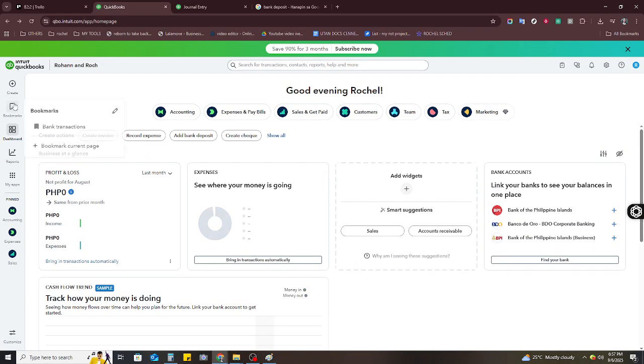Keeping your income records accurate ensures you have a clear picture of your financial standing. So well done on